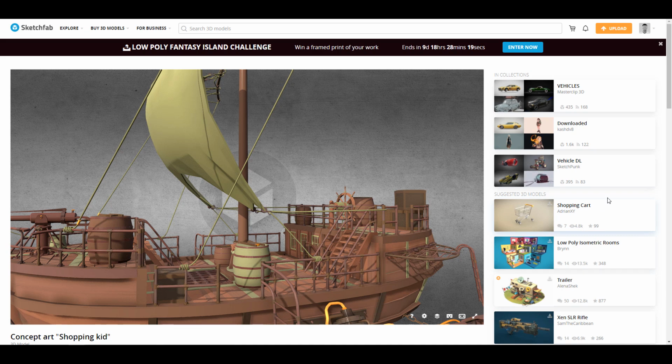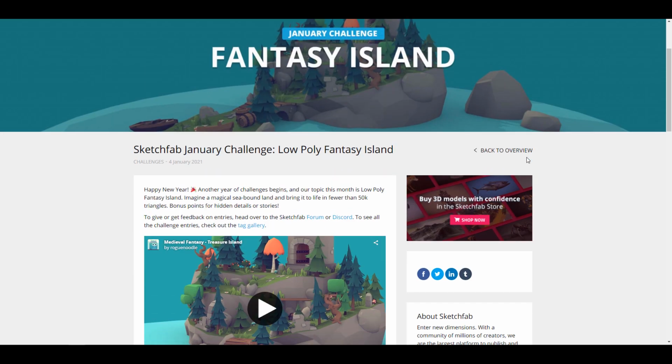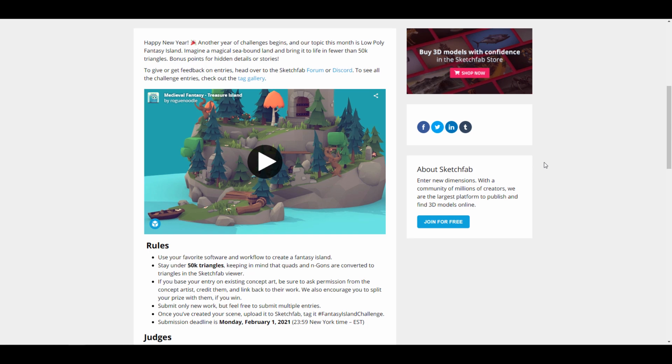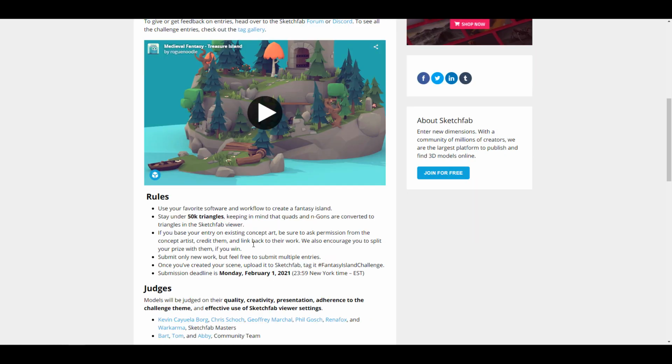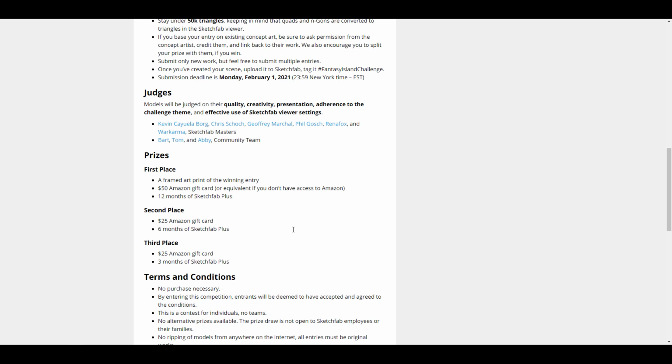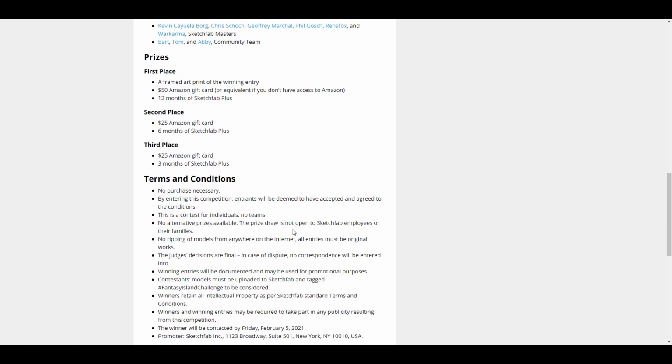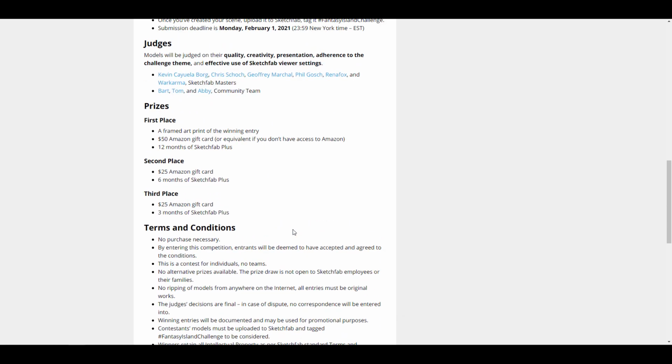But then there's also something very interesting about Sketchfab that they do all the time. Almost every week or every 2 weeks, there is always a challenge for artists, and this is also something that's going on right now. So the folks at Sketchfab are doing a Fantasy Island January challenge. So if you're into challenges and you want to join this one, you can actually come through and take a look at this, and this has a certain number of rules. So for those who like to join this, I'm going to put a link in the description where you can get it. It has a couple of prizes to be won, and at the same time there are terms and conditions that you need to stick by. So that's definitely going to be about it.